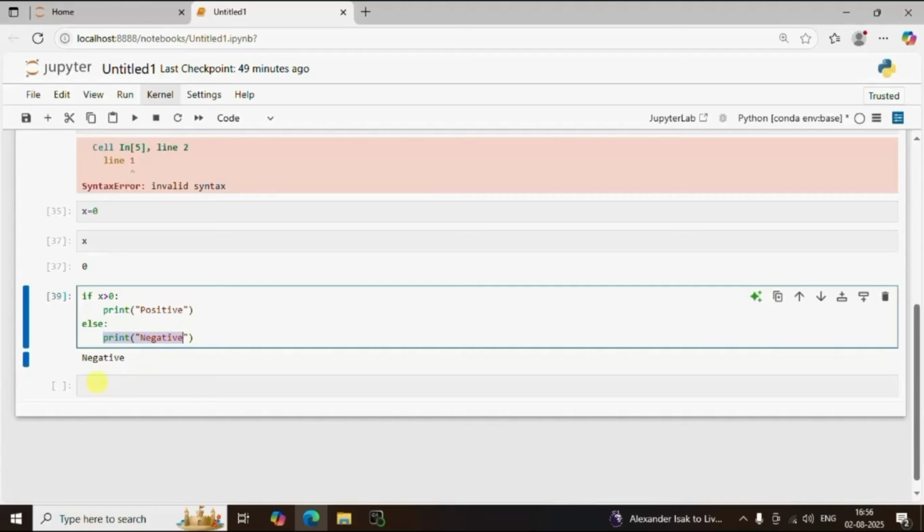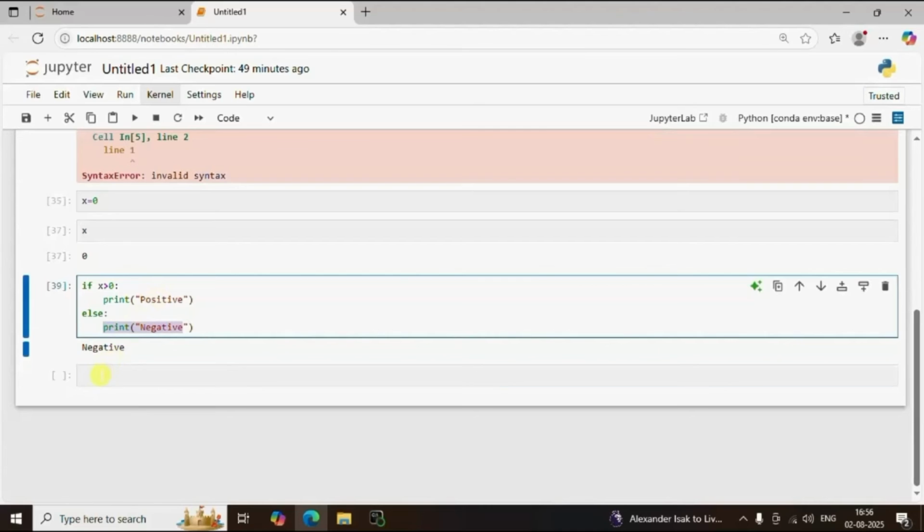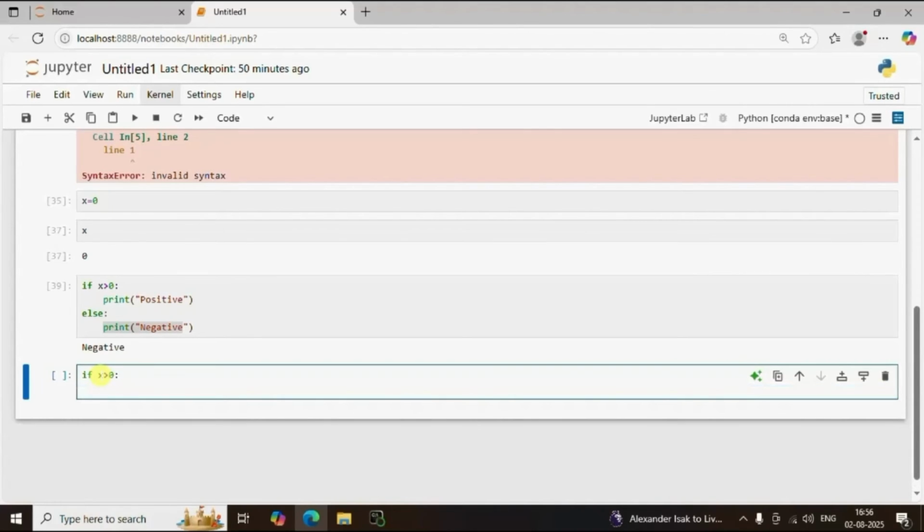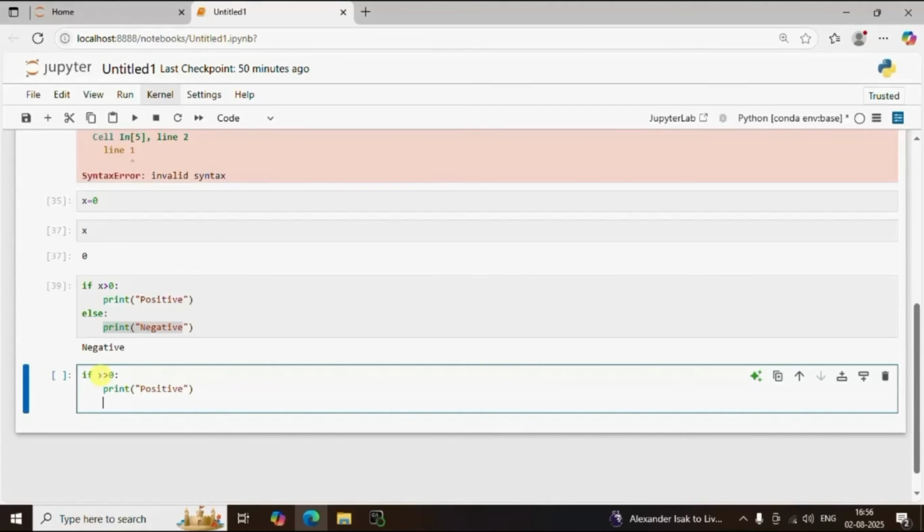Now what we can do is make use of elif. So here let me write down if x greater than 0 colon print positive, press enter, press backspace to come out of this if block. Elif x equal to 0 colon. So in Python, to check if a value is equal to something, we will have to give double equal to